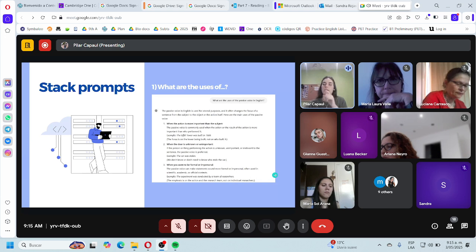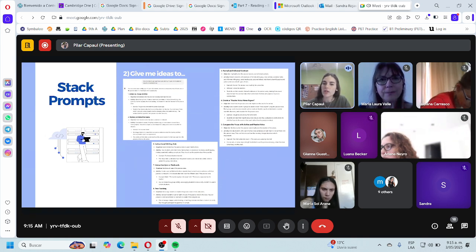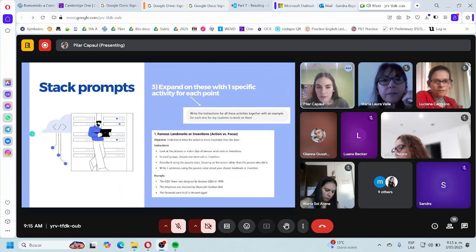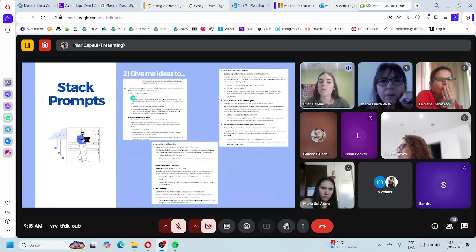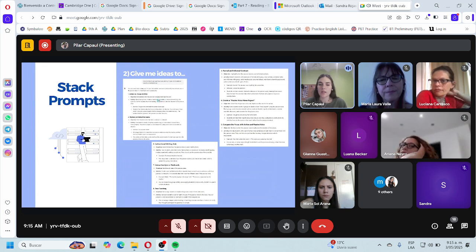Okay, cool, perfect. Let's do something. Can you give me ideas to go over these uses with my 15-year-old students, but in a meaningful way? I think that looks a bit small, but here we have it bigger. So here we have some ideas. What do you want to focus on? The action or the person performing it? We can,